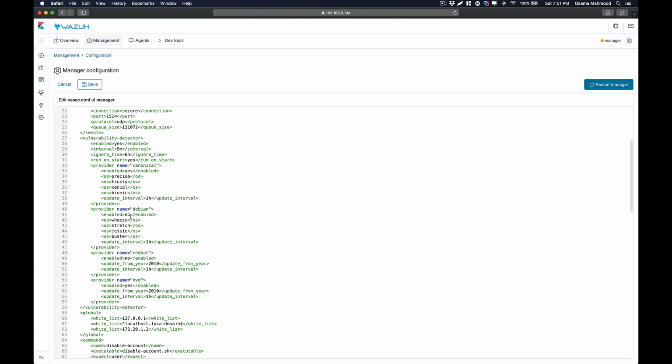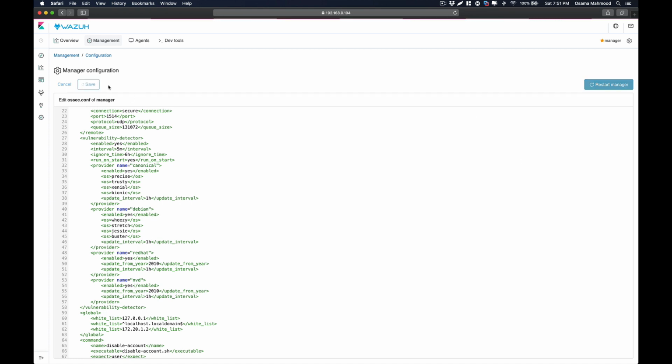And for Debian, we are going to also enable Debian. And if you are running CentOS or any other distribution that is related to Red Hat, like Fedora, you just need to enable that too, and click